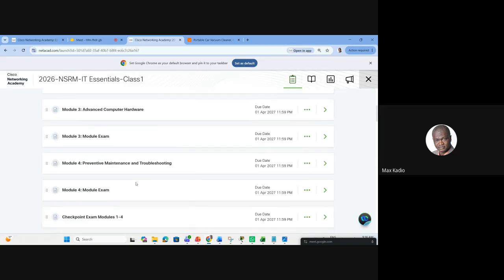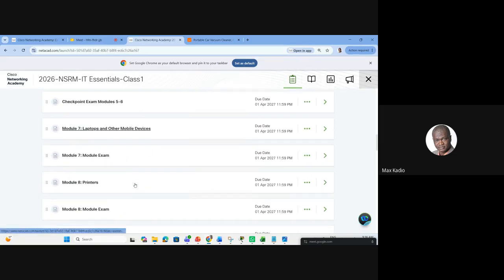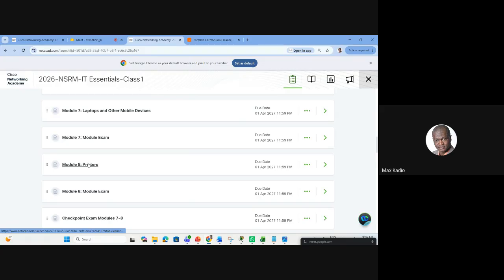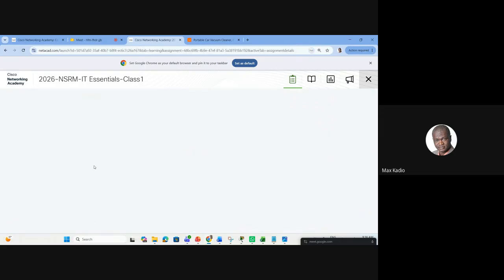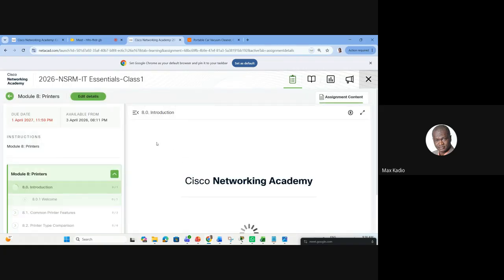So chapter 8 is a short one. It's about printers. What we need to know here, we have, let's say, 3 types of printers. We have a cloud printer. It means wherever you are in this world, you can print. You have a network printer. We also have Wi-Fi printers and cordless normal printers, the desk printer. So let's check what is in here.